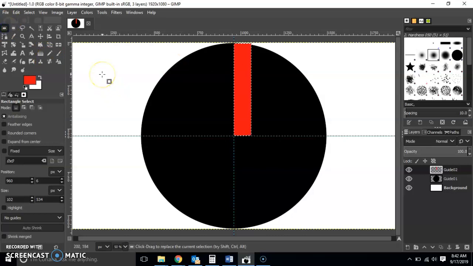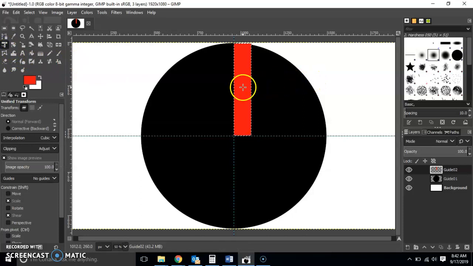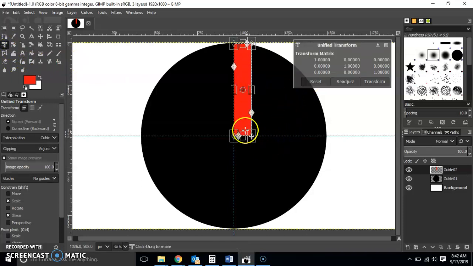Now, having known that for an equilateral triangle it goes 120 degrees like that, what I'm gonna do is I'm just gonna rotate this 120 degrees. Right. So you see here, when we want to rotate something, there is a center of rotation which is depicted by this plus sign. It looks like a Phillips screwdriver thing, right? You can click on that and let it coincide with the edge like that. Then when I rotate it, oopsie,